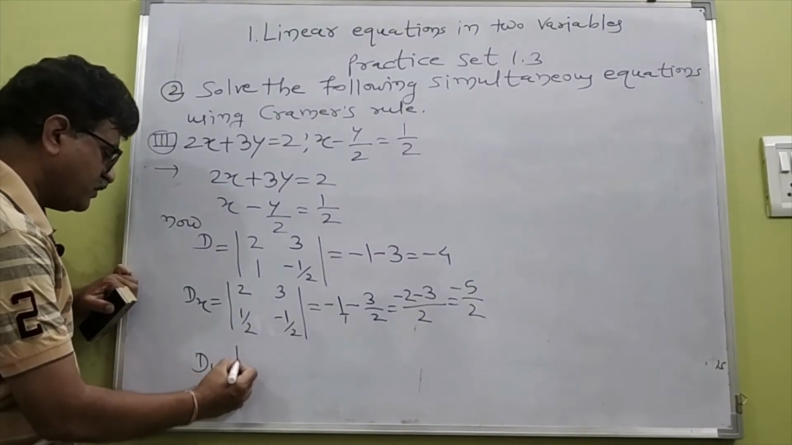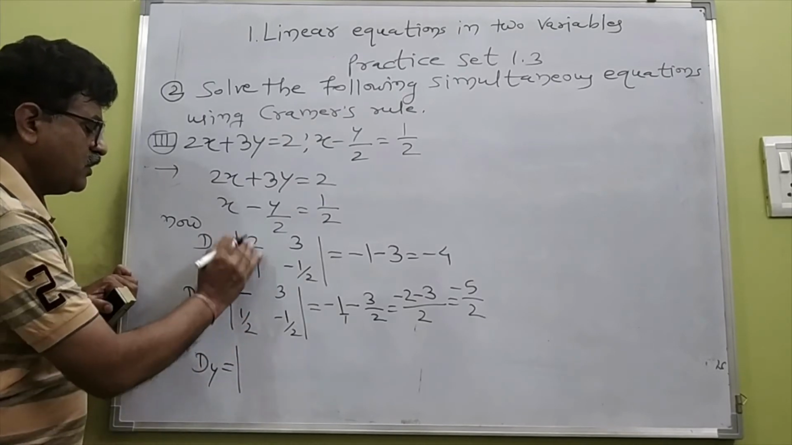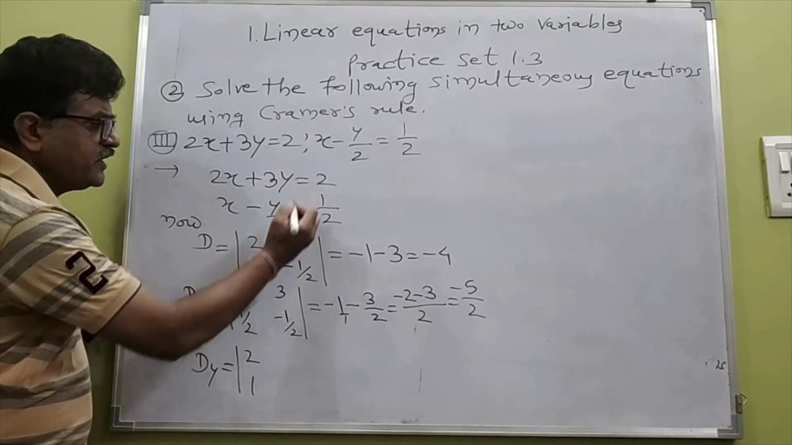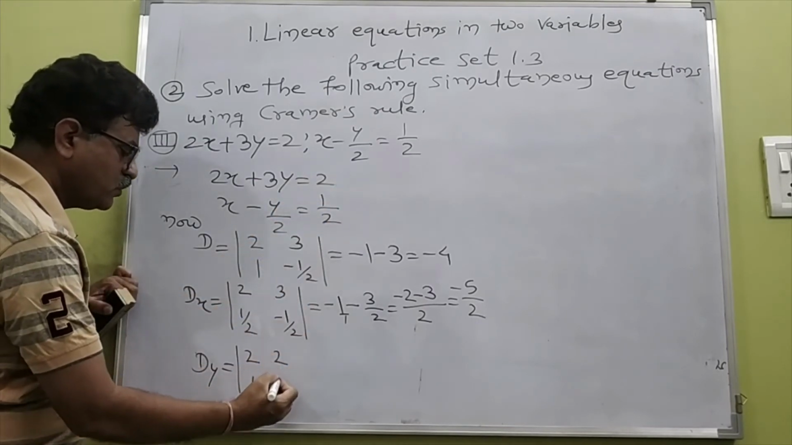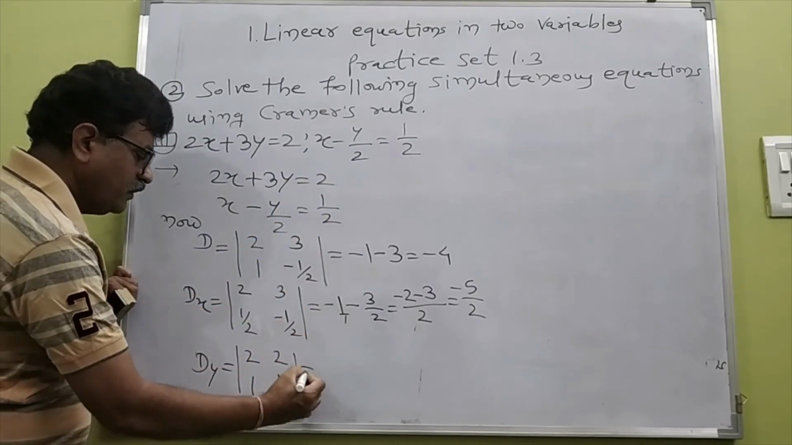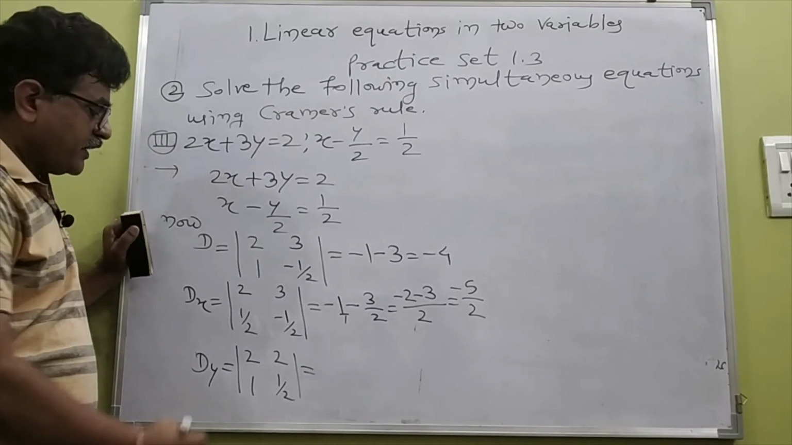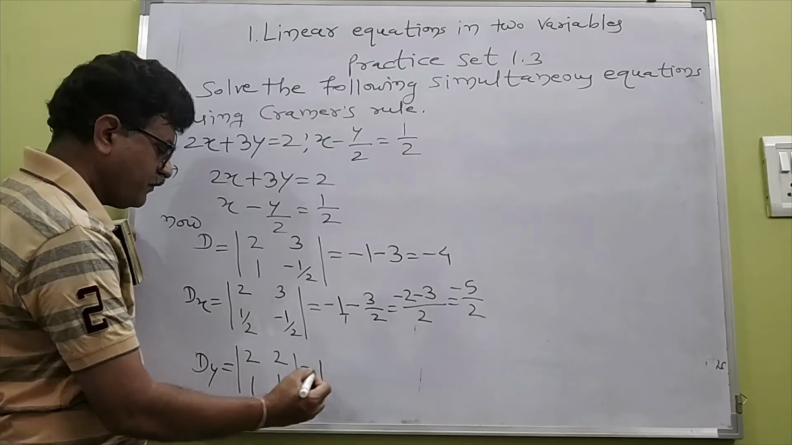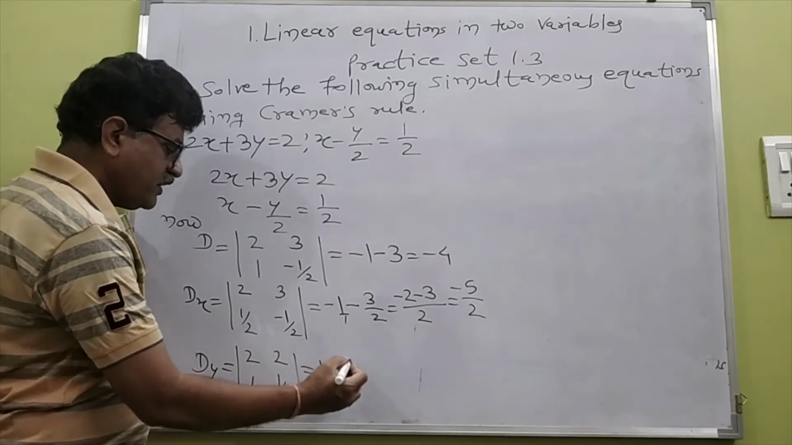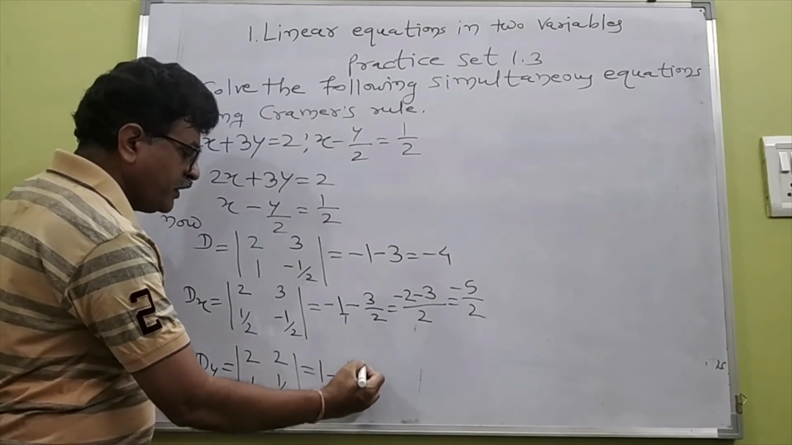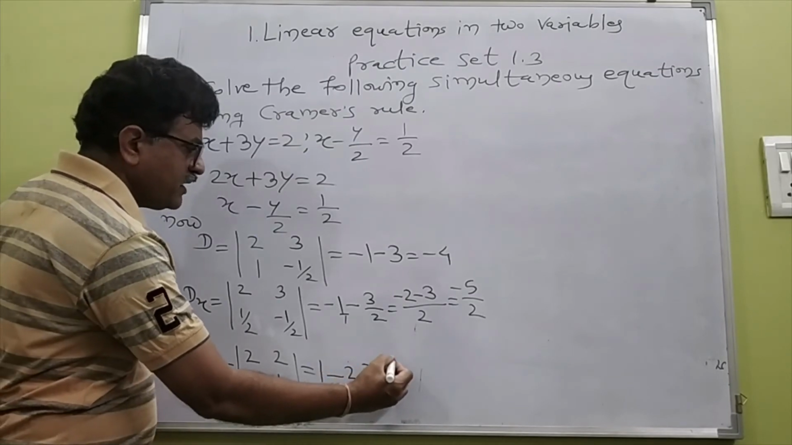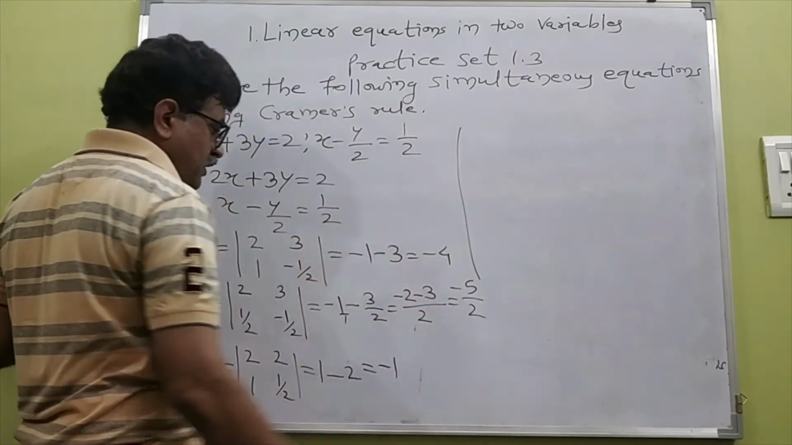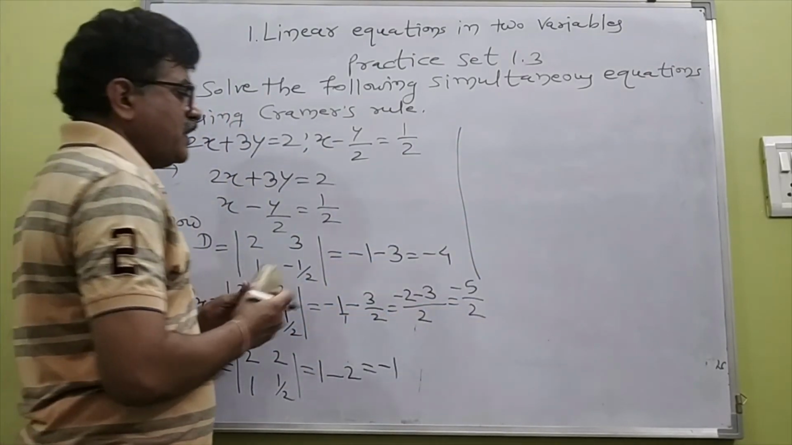Dy is equal to determinant of, now first column as it is, 2 1. Instead of second, constant term 2 1 upon 2 is equal to, taking cross multiplication, 2 into 1 upon 2, 2 get cancelled, 1 minus 2 into 1 is 2, is equal to 1 minus 2 is minus 1. Therefore, by Cramer's rule,